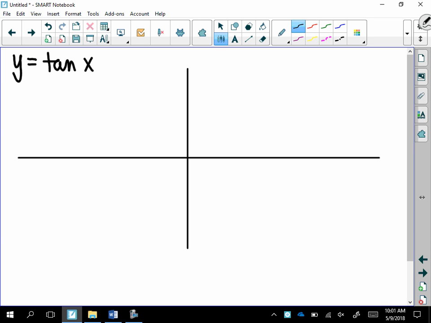We started with sine and cosine. Those look very similar. There's a lot of similarities between them. Obviously, some differences, but it makes sense to do those together. Then it makes sense to follow up with cosecant and secant, because if you'll recall, those graphs are heavily reliant